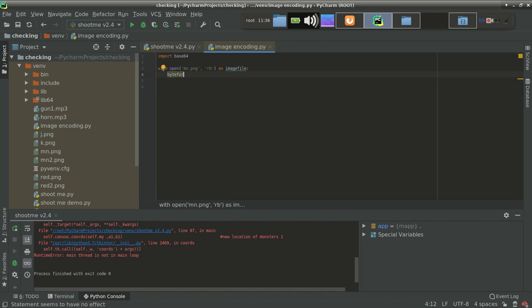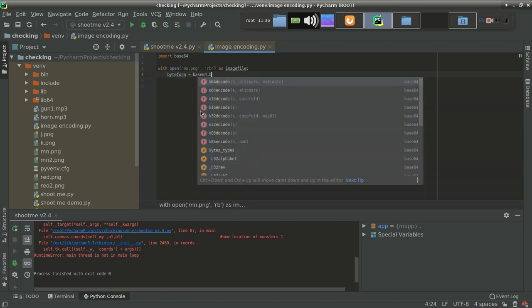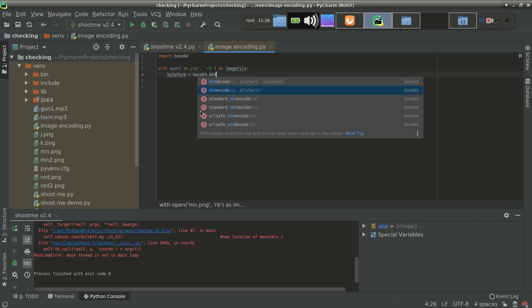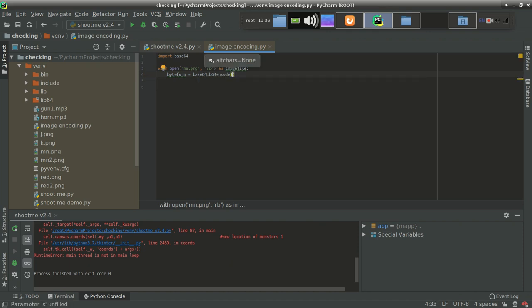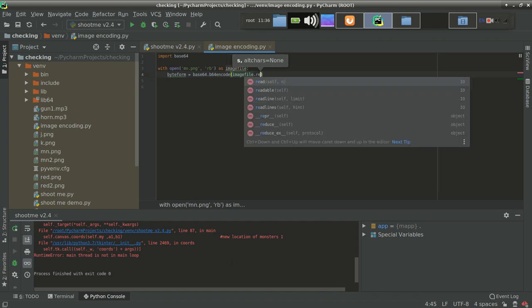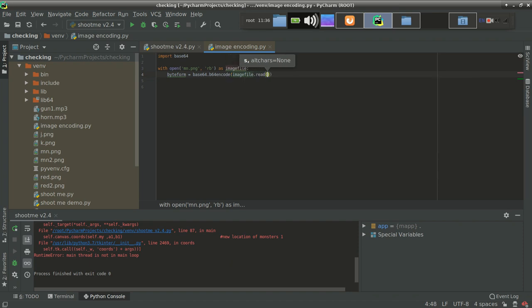This is the identifier byte form equal to base64.b64encode. Then the name of the object is image file.read. Yeah, this method image file.read. So this syntax will convert the whole image into bytes, and those bytes will be stored in byte form.